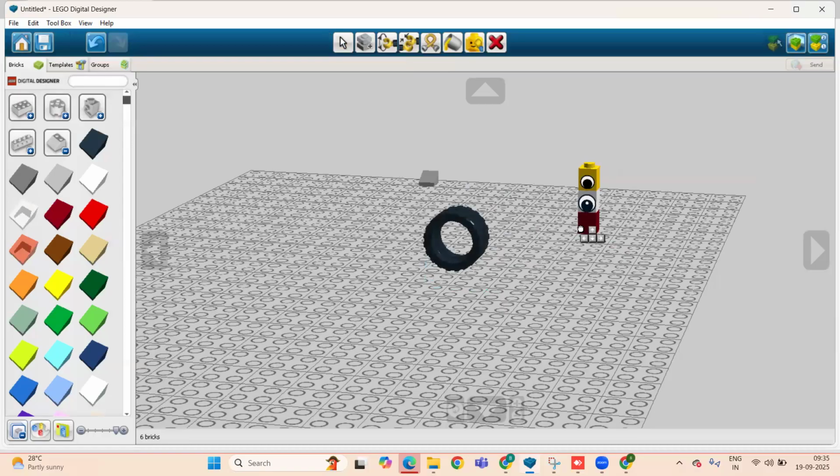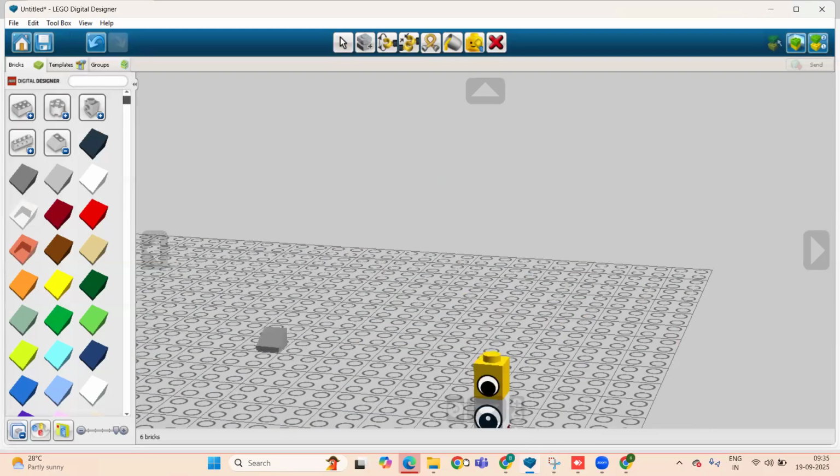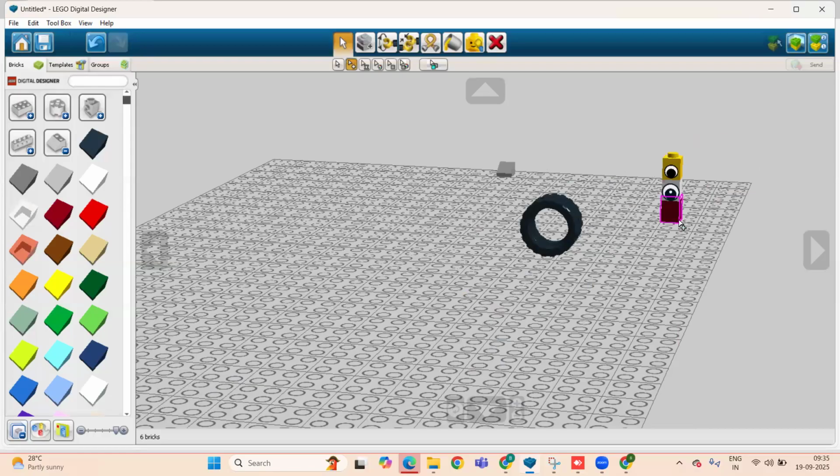Like if we have multiple bricks and I particularly want to select three bricks together, I can use multiple selection as well. And if I want to select all the things in one go, what is the way? Simple. You have to go to the tools multiple selection section, and then just draw a box around all the parts. Okay, so you can go with this also. You can see all are selected, right? So in this way we can use multiple selection also.